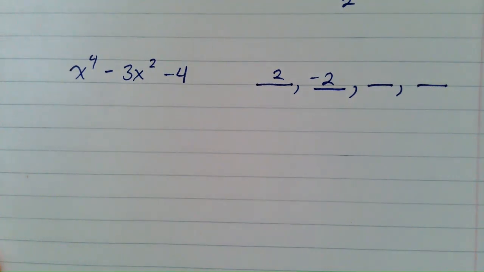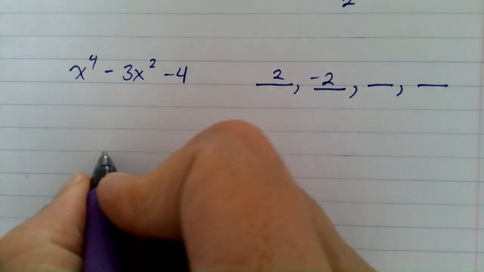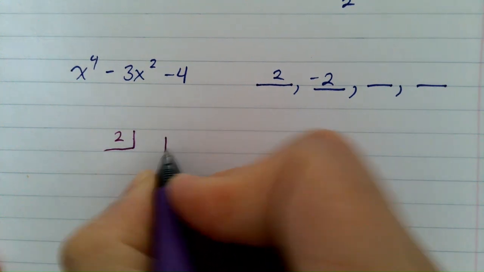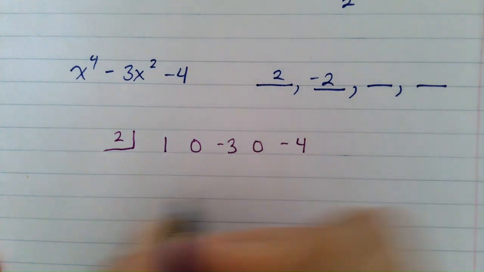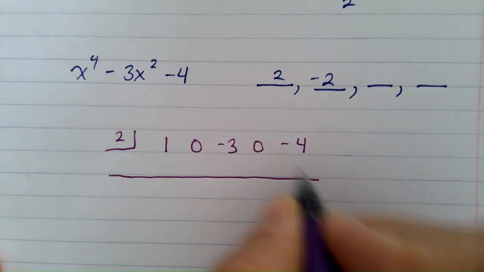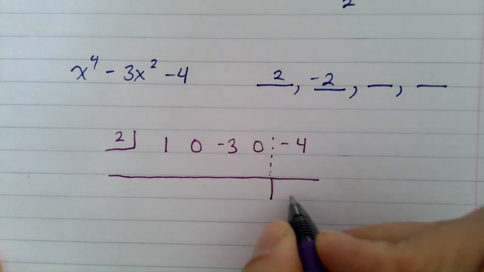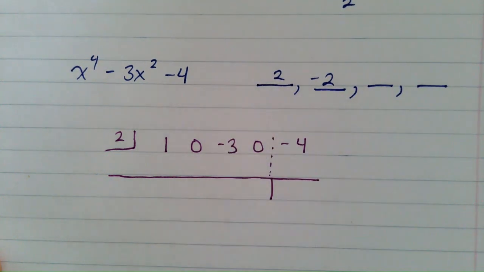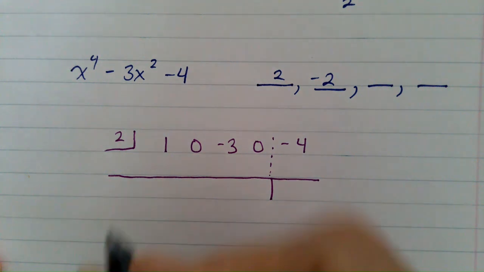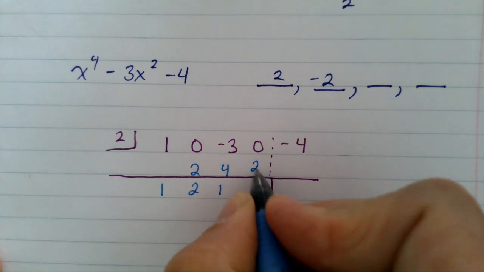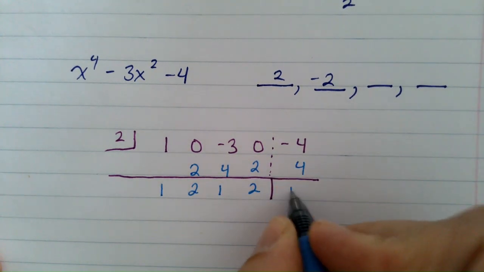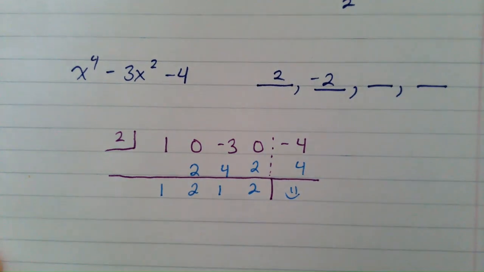Again, I'm going to use synthetic division to help me. The first time, I'm going to start off with the 2. 1, they skip x cubed, they skip x. If you forget those placeholders, it's going to mess you up. We already know it's going to have a remainder of 0 because it crossed the x-axis. Bring it down, times, add, times, add, times, add, times. Yay! Now that I synthetically divided by 2, I'm going to take that answer